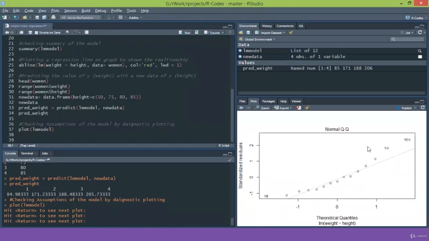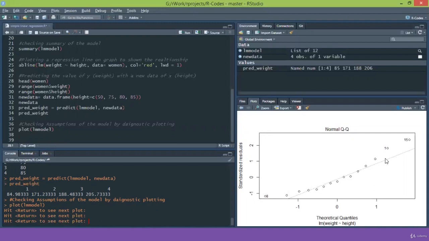We'll press enter again, and there will be our next graph, which is the normality graph or the QQ plot, which shows the quantile plot also. It shows that for fixed values of x and y, that is the variables here, height and weight, the data is normally distributed. And how can we see that our data is normally distributed? It should follow a straight or diagonal line. We can see here there is a straight line, which shows the data is normally distributed. If the data is not normally distributed, there will be a